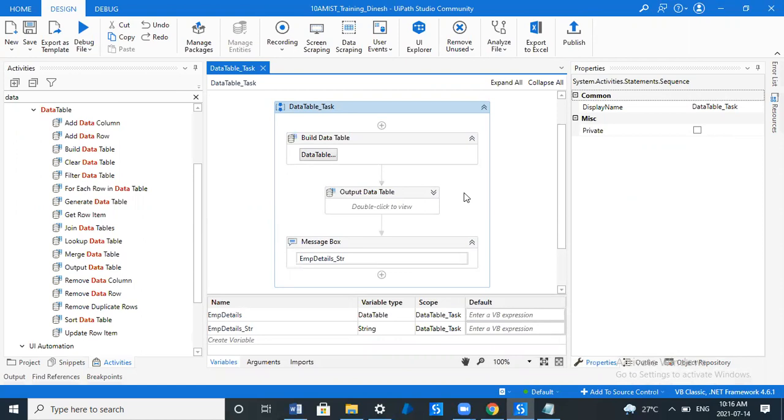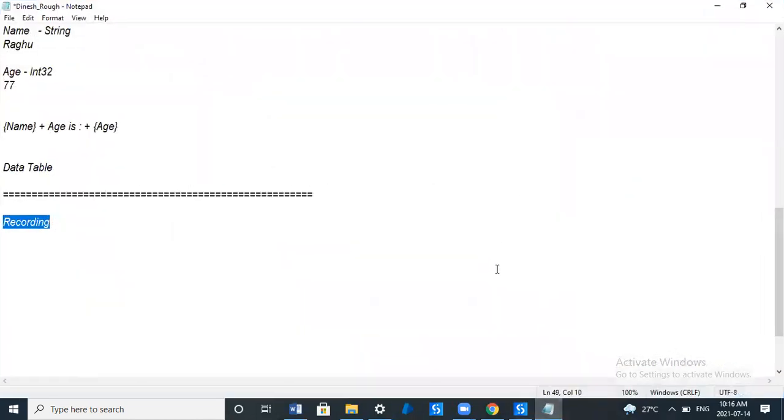But from now we are going to work with external applications, in the sense the applications available outside of UiPath. For example, you may want to automate Notepad, which is available outside of UiPath.